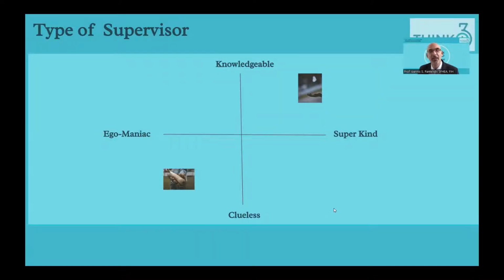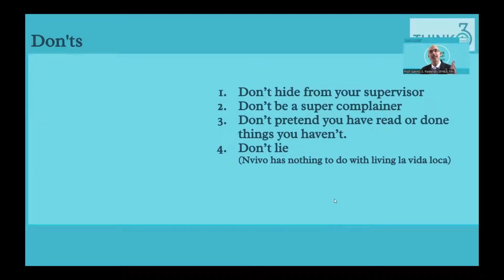Academics, believe it or not, have a lot of key performance indicators they have to tick. You know, they have to be great researchers, they have to be great teachers, they have to be great administrators. It's just a crazy world full of KPIs for academics these days. So let's start with the don'ts.